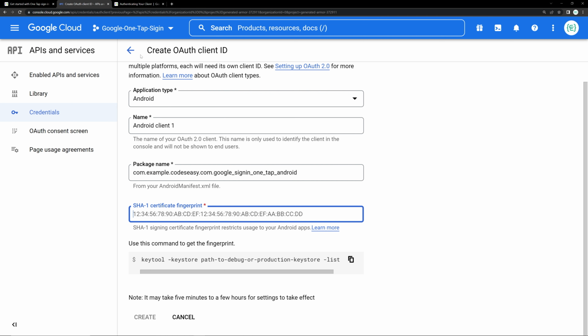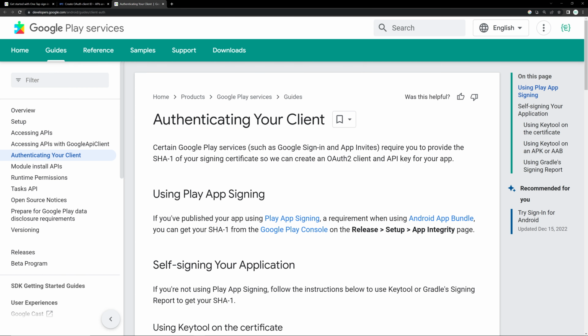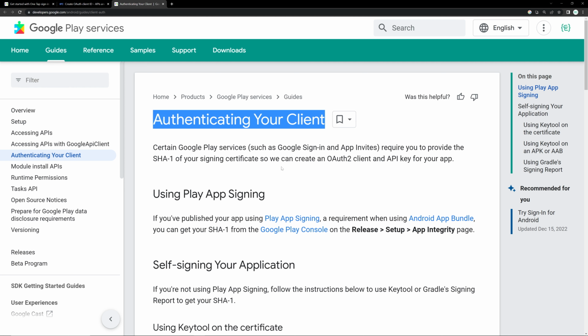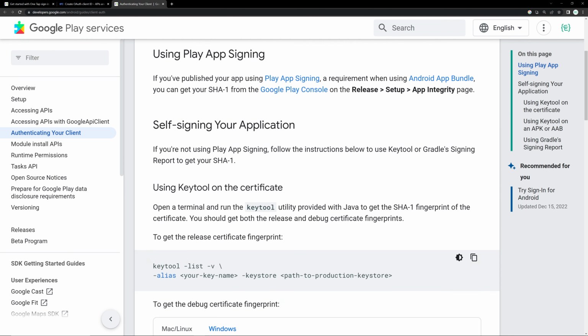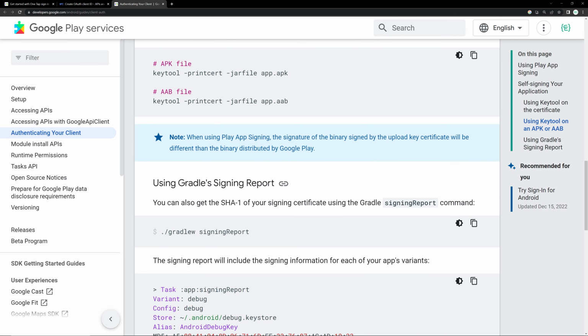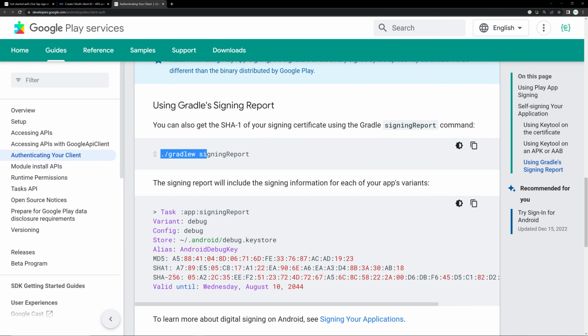Okay, for that you can go to this documentation link. I'll give this link also in the description. I will also give the title so that you can identify the documentation link. Okay, so open that link and scroll down and we can go to the bottom and choose this one. Okay, so copy this